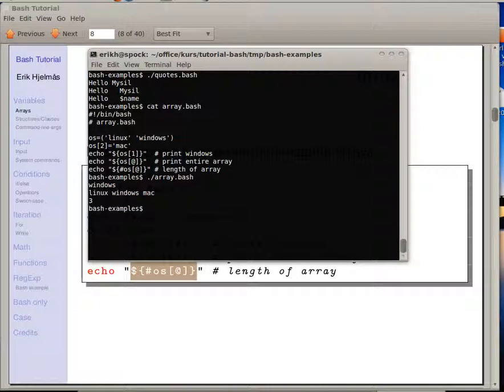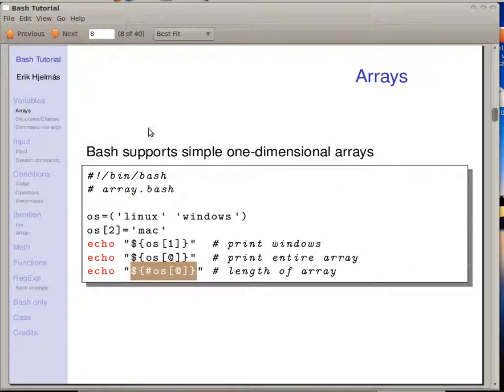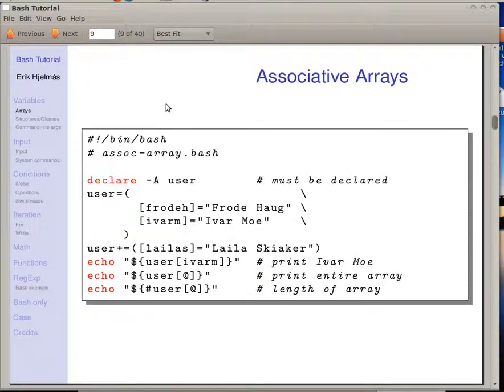From Bash version 4, which was introduced in 2009, associative arrays were also available. They must be declared with declare -A for an associative array. Other than that, they behave pretty much like ordinary arrays. So we recognize the same constructs for finding the length of the array and dereferencing the array. So this is the